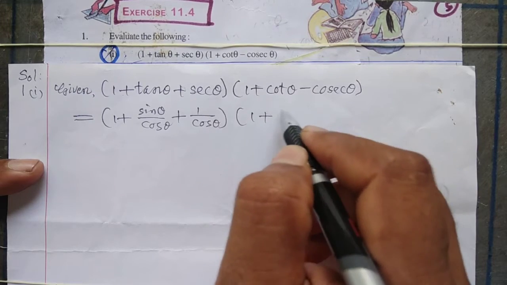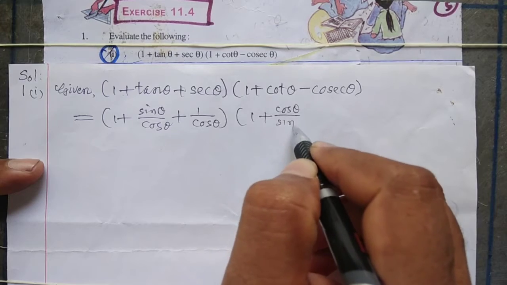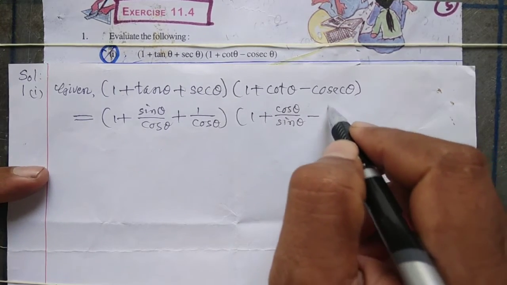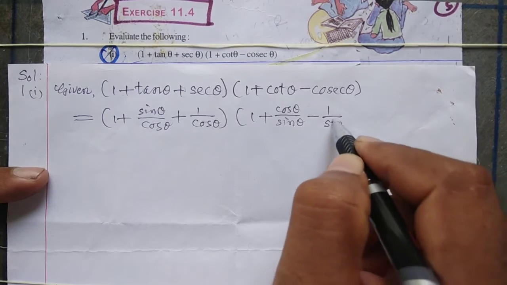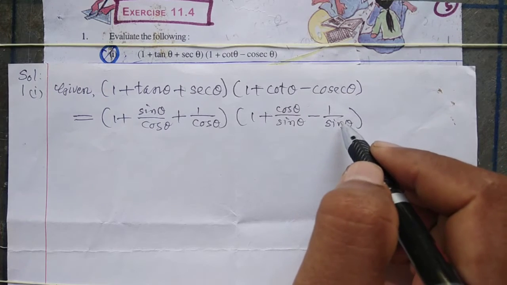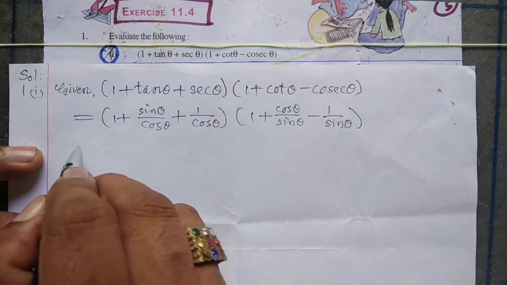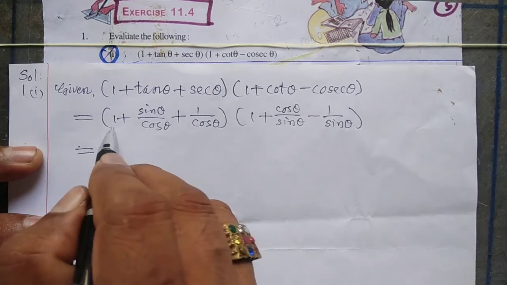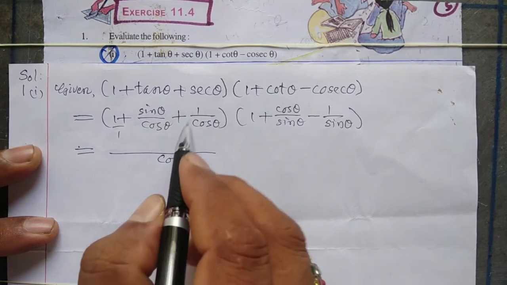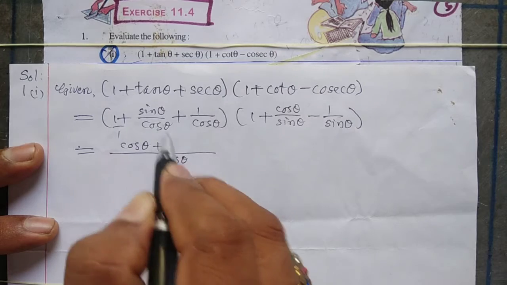1 plus cot theta is equal to cos theta by sin theta minus cosec theta, we can write 1 by sin theta. Cosec theta is reciprocal of sin, that's why we can write 1 by sin theta. Now we have to take the LCM separately. Here cos theta is the LCM. Here cos theta plus sin theta